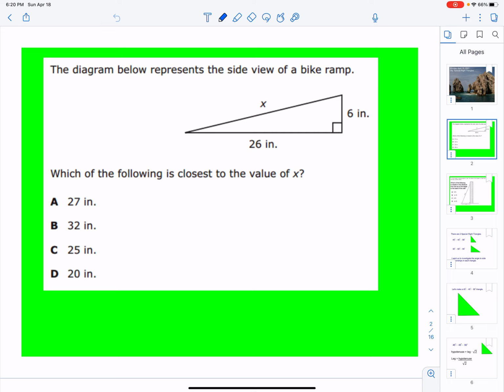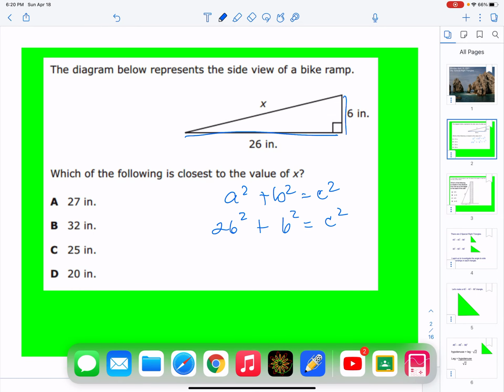Well, what I've taught you is that anytime you see a right triangle, and we know two sides of that right triangle, and I'm looking for the third side, we bring up the Pythagorean theorem. a squared plus b squared equals c squared, where the a and the b represent the two side lengths. So I'll let a be 26, and I'll hit squared, plus b would be 6 squared, is equal to c squared. And then what we do is we get our calculator up,